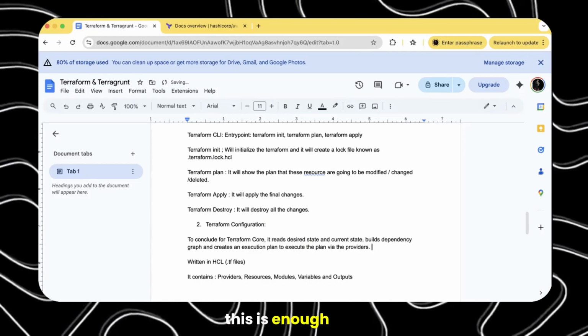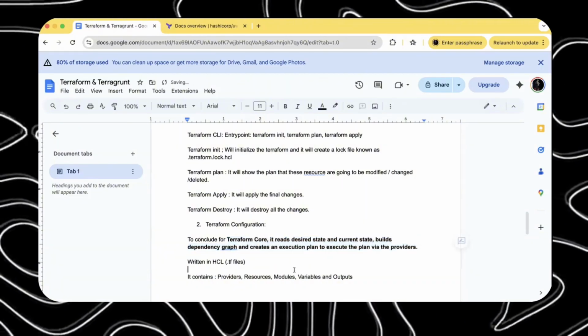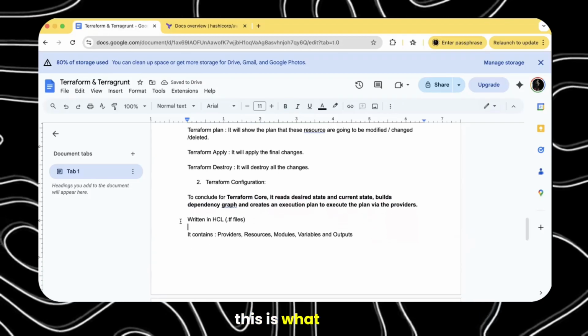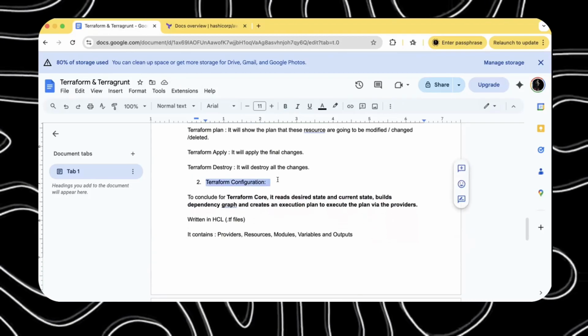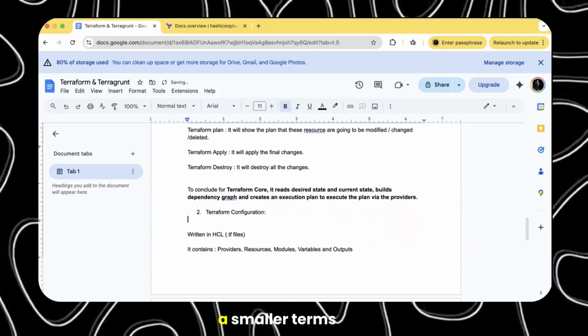This is what your Terraform core does in smaller terms.